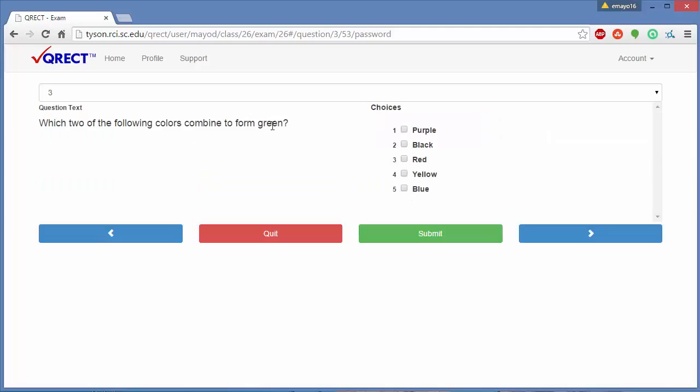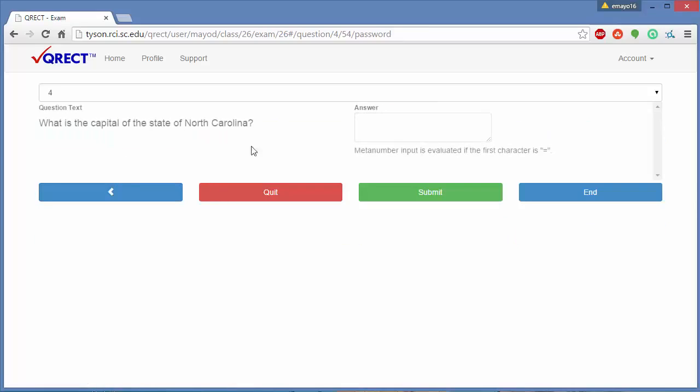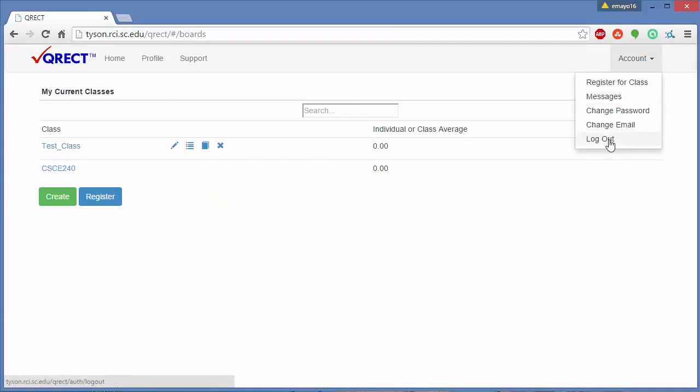And which two of the following colors combine to form green? Blue and yellow. And what is the capital of the state of North Carolina? It's Raleigh, but I will type it in a little bit misspelled there and see what happens. So we'll submit that and go ahead and log back into the